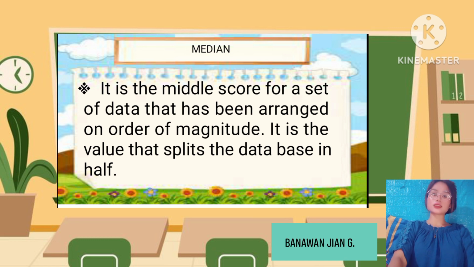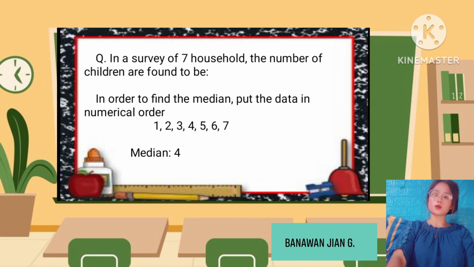It is the middle score of a set of data that has been arranged in order of magnitude. It is the value that splits the data in half. So here is an example. In a survey of 7 households, the number of children are found to be: